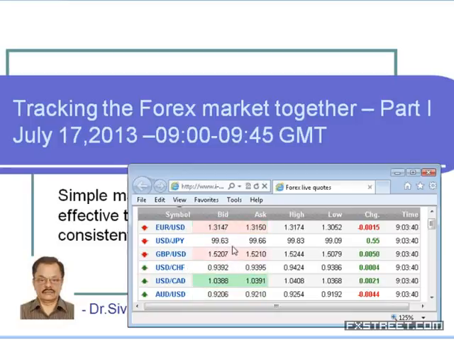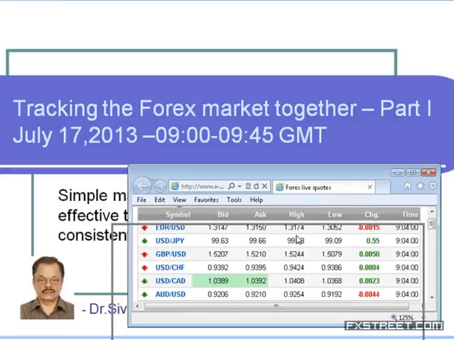If you want to consistently make money as a professional or a full-time trader, then we need to develop a system. And I have developed a system of that nature, and I gave it in the form of webinars, my trading system, a few years back. And now I'll explain to you how exactly the simple live market code page could be used as a tool to track the market.